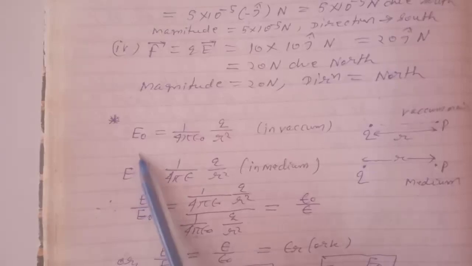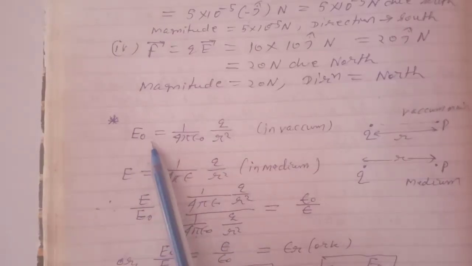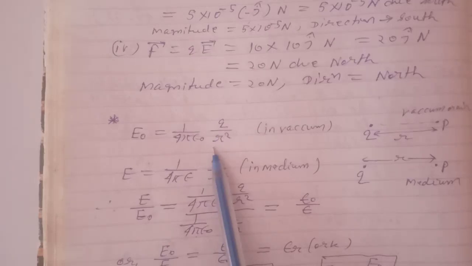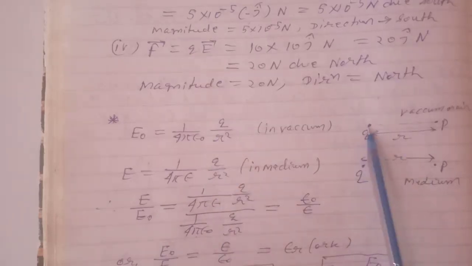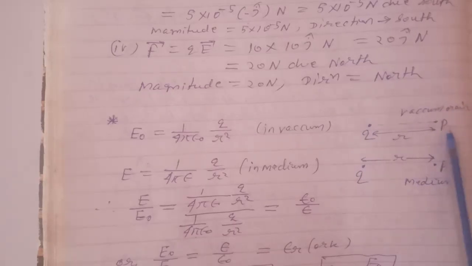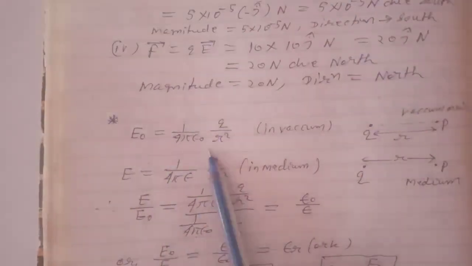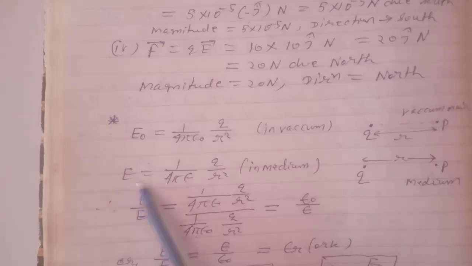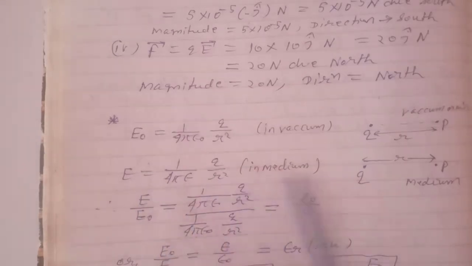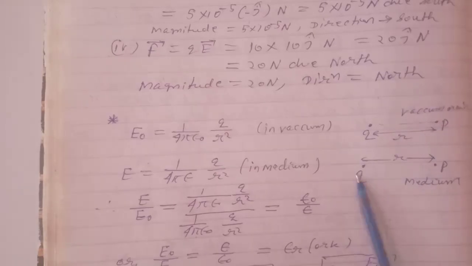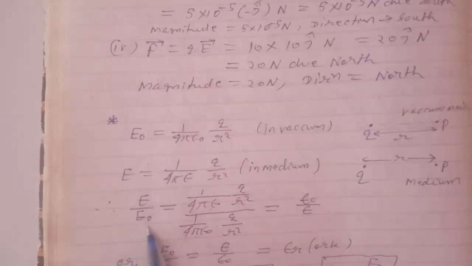Again, another thing we discuss. This is the electric field E0 = 1 by 4 pi epsilon naught Q by r square due to charge Q. Here it is charge Q and we are in vacuum. We are calculating at point P. So this field is E0 = 1 by 4 pi epsilon naught Q by r square in vacuum, and in medium E = 1 by 4 pi epsilon Q by r square in medium at the same distance or same point. So if we take the ratio E0 by E, 1 by 4 pi epsilon naught Q by r square over 1 by 4 pi epsilon Q by r square, we get epsilon by epsilon naught, or E0 by E equals